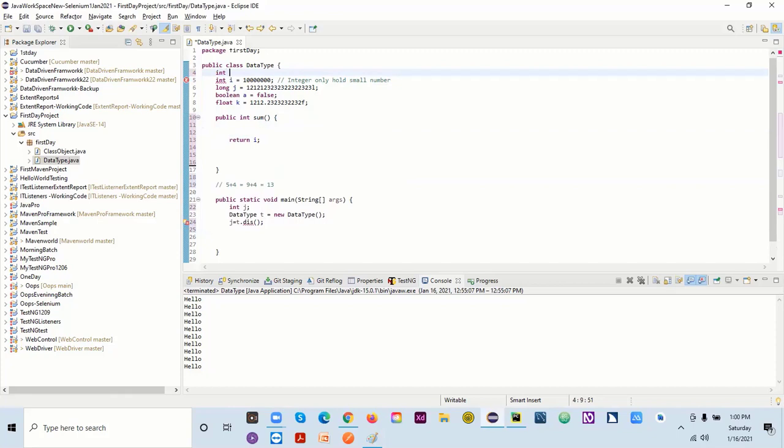So I'm creating a variable. The name of the variable is sum1, okay, which is an integer. Okay, it can only hold a value without decimal and a small value. But I didn't assign anything here. Actually, I didn't give any value here so far.